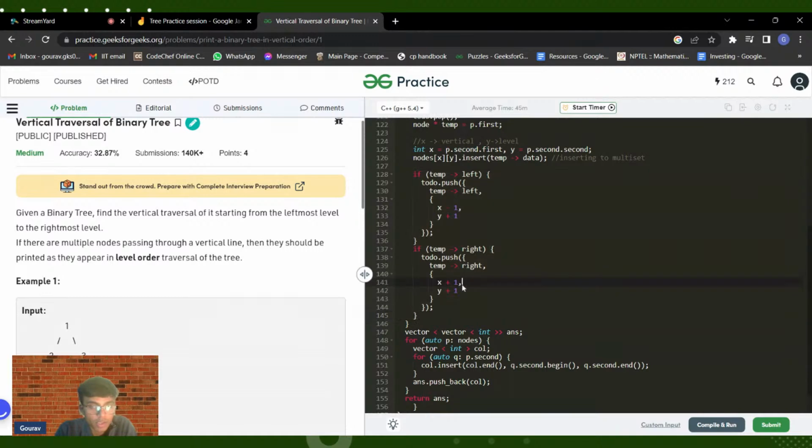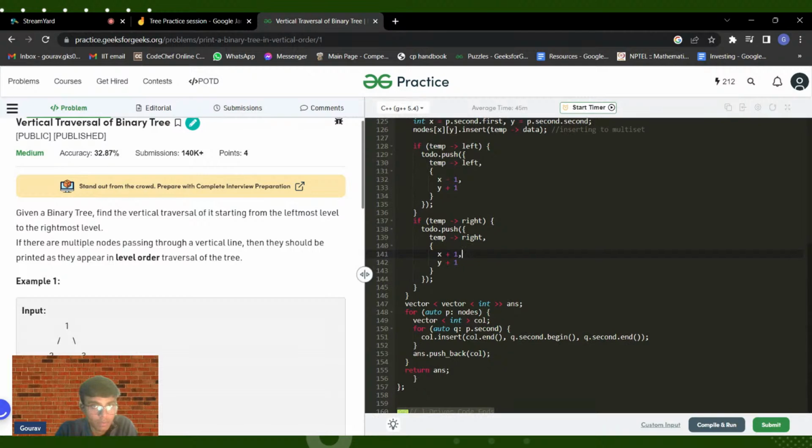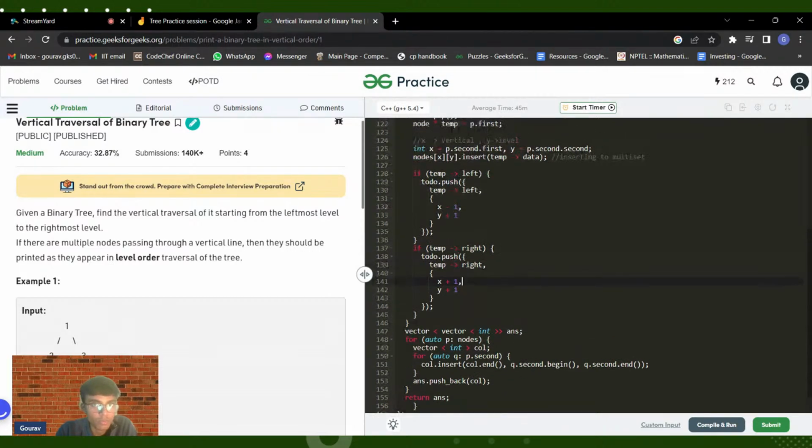So we are just iterating over a given particular element we are taking from the queue, pushing its right and left children with the appropriate level number and vertical number. And whenever we are accessing any element from the queue, we are pushing it inside of a map called nodes appropriately. Okay. For every vertical we are going to all its levels, and for every level we are pushing all its nodes. So this is how we build our answer.